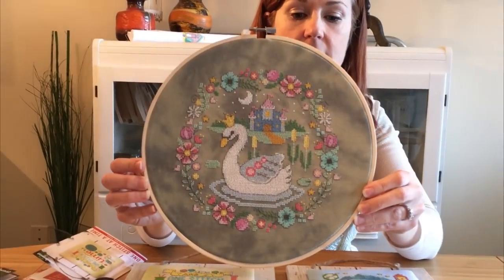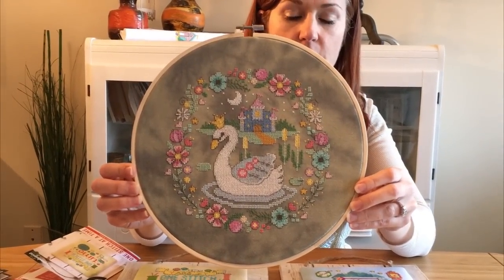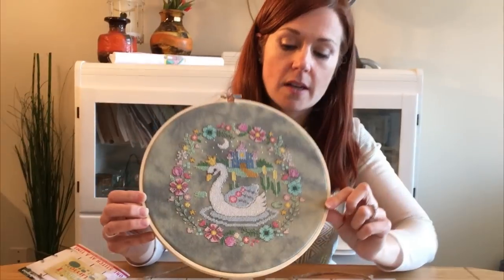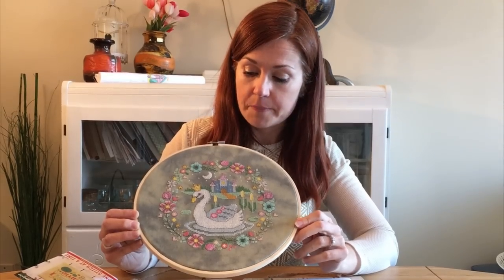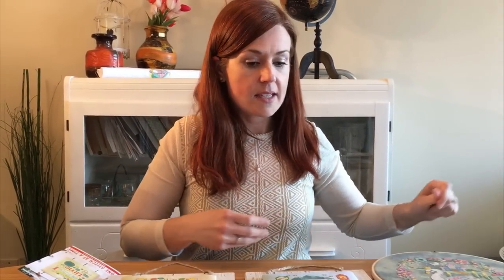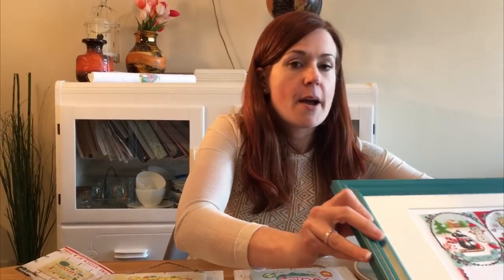So another one that's come out recently is the Swan Princess. I've done that in a hoop finish. It's on hand-dyed Jobelin, which you can get from witchout.com, or you can ask your local needle shop to order it from witchout.com. So that one's quite pretty. And I also want to show you this big guy here. This is the